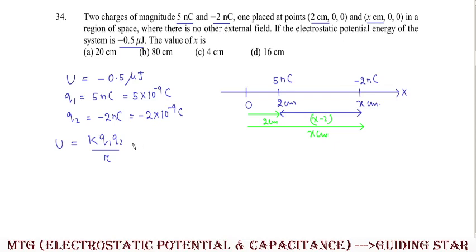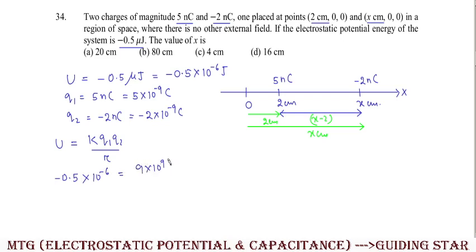So finally, if we substitute all these values, in this particular case the value of U is given as minus 0.5 microjoule, that means minus 0.5 into 10 to the power minus 6 joule. So minus 0.5 into 10 to the power minus 6 equals k, which is 9 into 10 to the power 9,